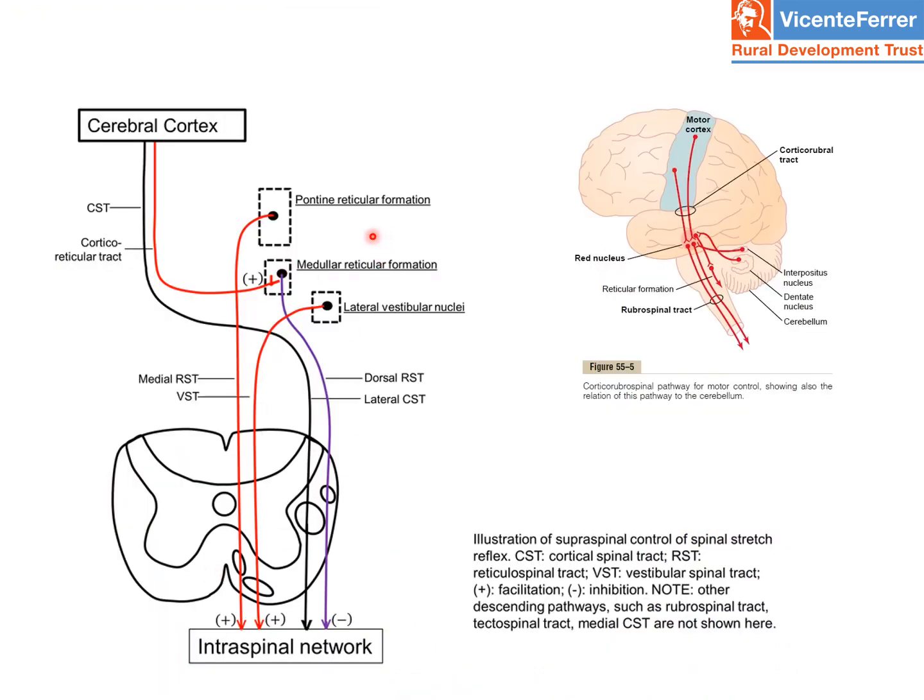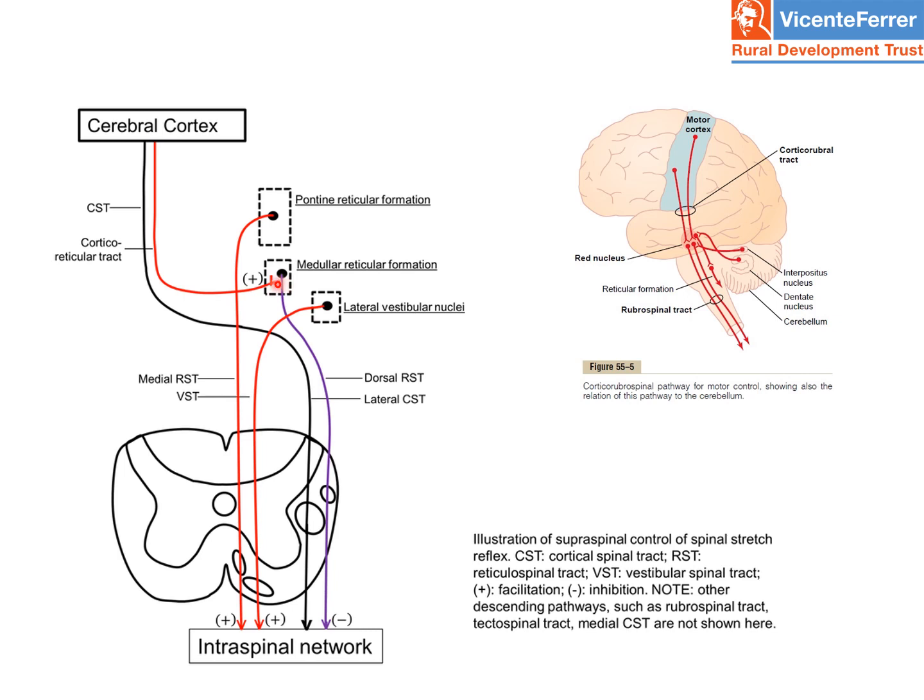Here you can see the reticulospinal tracts arising from the pons and medulla. The pontine reticular formation will have an intrinsic stimulating activity over the gamma motor neurons, whereas the medullary reticular formation,